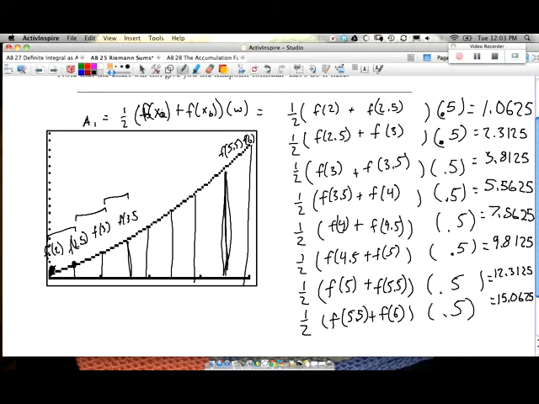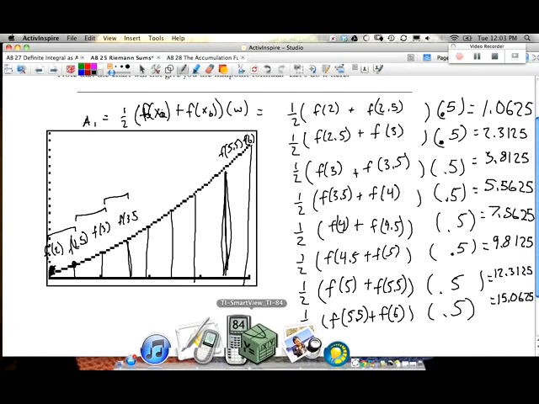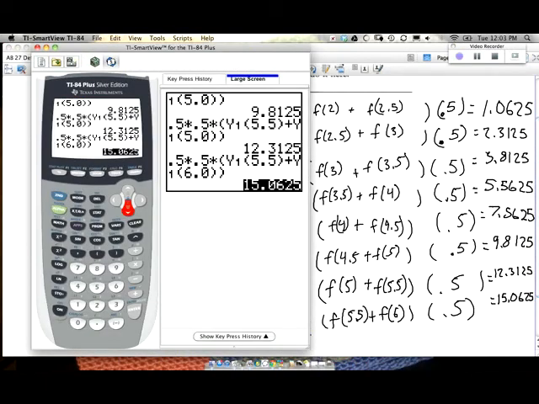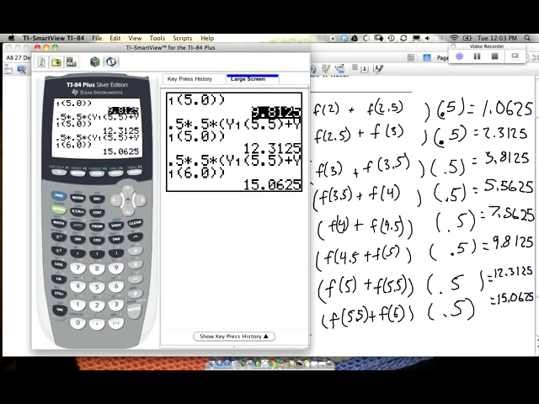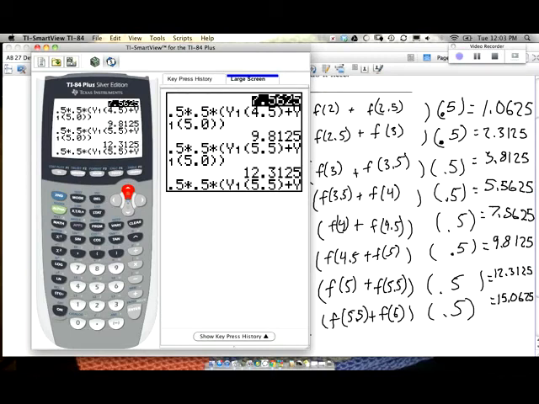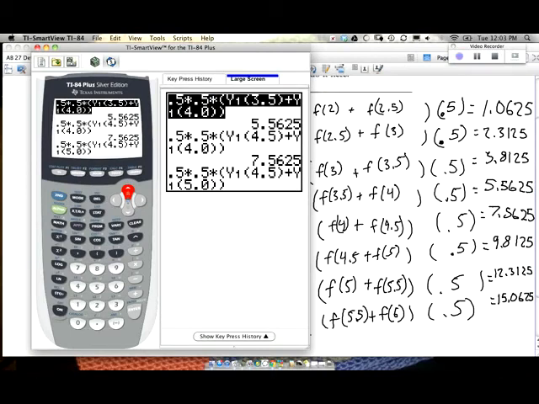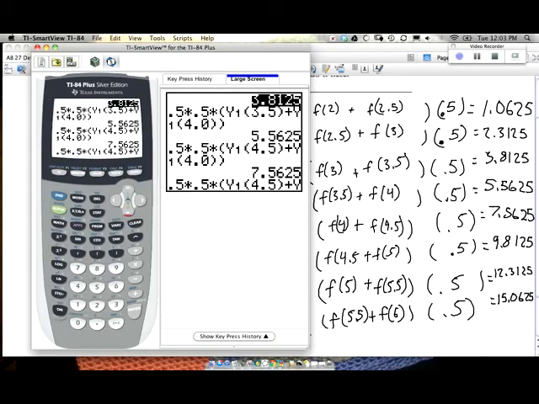Alright, so here we are back with these numbers that are filled in. And just to show you kind of the shortcut I did, I used the y1 function and I moved that 0.5 and that 1/2 together. So I did 0.5 times 0.5. And then I did y1, which is the same thing as f as a function. And then plugged in the numbers and then just kept repeating that same entry by pressing second and then enter. And then it repeats the entry and I just have to change the numbers. So I came up with all these values. And now I just need to add them up